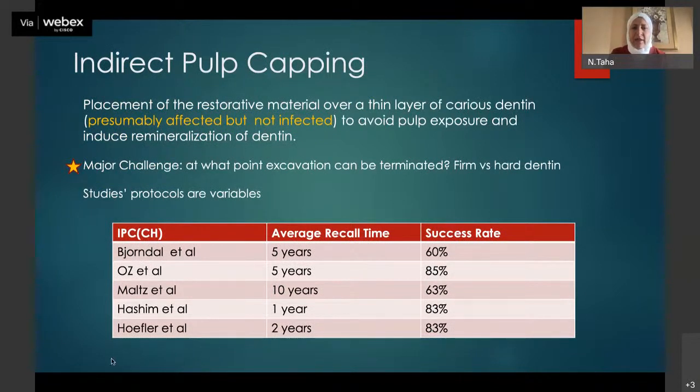There are several studies on indirect pulp capping, which means that you leave a layer of soft, affected, hopefully not infected dentine over the pulp, and then place a liner and restore. Actually, it's a very challenging procedure because it's very hard to determine if this is firm or hard dentine, and how much you should remove. And there are variations in the reported success rates of several studies that looked at it, varying from 60% to 83%